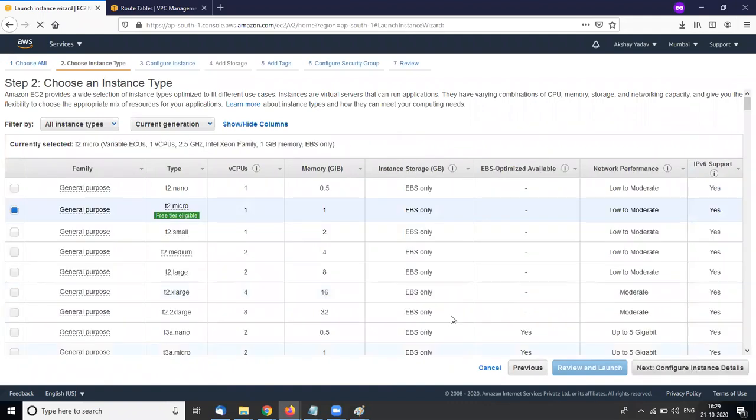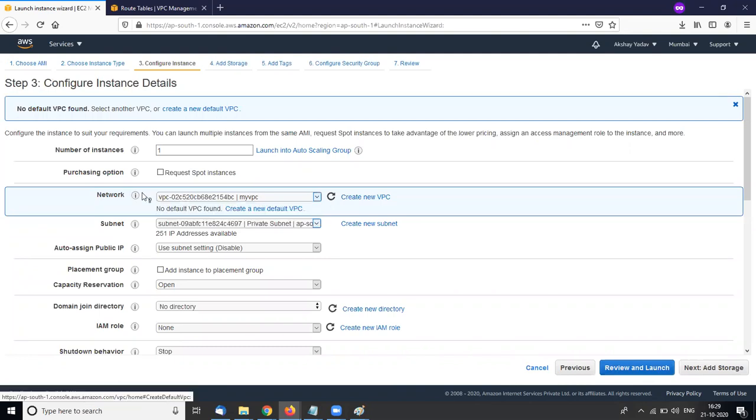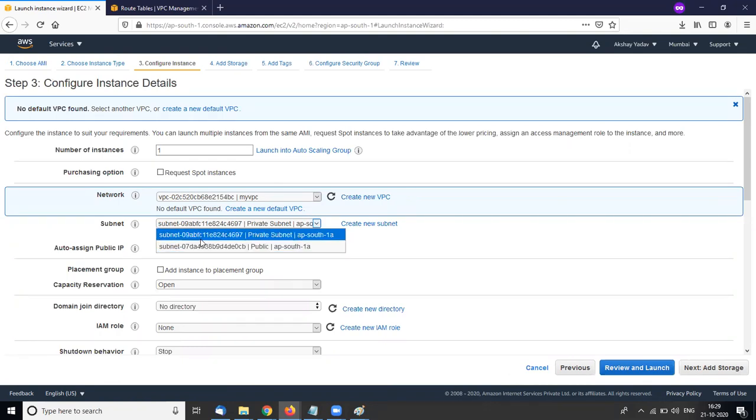Here I am selecting my VPC, and the subnet is private or public. So here I can assign my instance in which category you want to select. Private subnet has no internet access, and public has internet access.